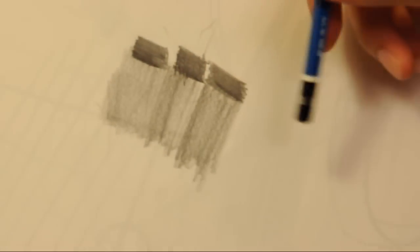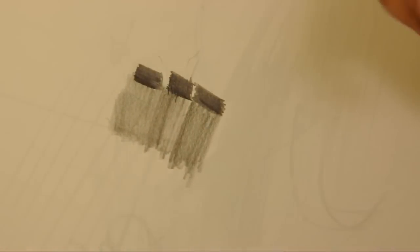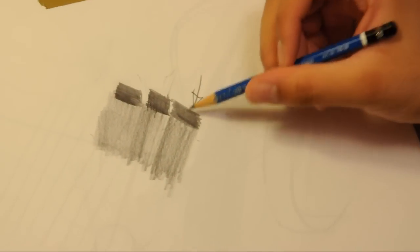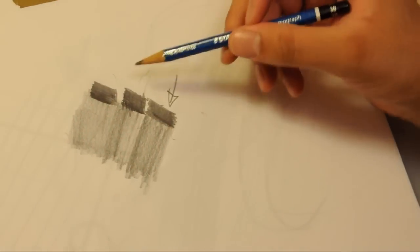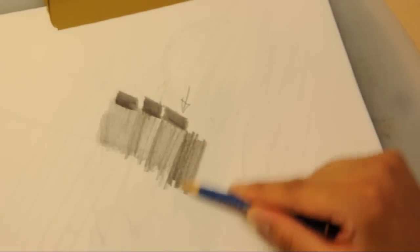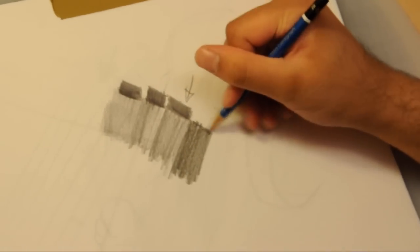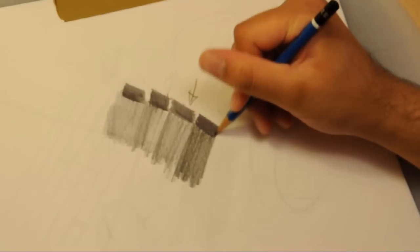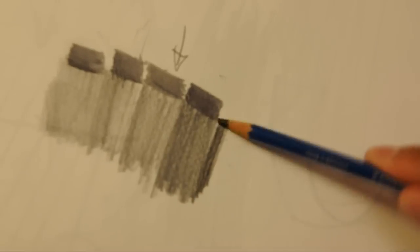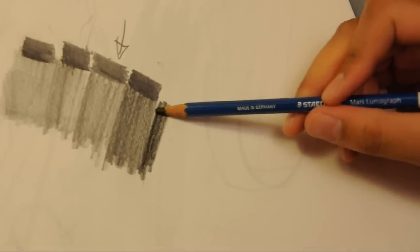And you'll notice as I get to softer pencils, and the B stands for bold or black, and the H stands for hard, as I get to the softer pencils, this harder pressing one doesn't damage the paper so much because the pencil's soft. When it's very hard, it will really mess up the tooth of the paper. So 3B. That's the comfortable range. And then pressing really hard. That's as dark as it can go. And now let's just go to a 7B. I skipped quite a few steps, 4B, 5B, 6B. But when you get to a 7B,